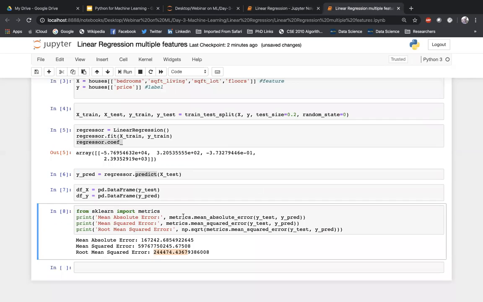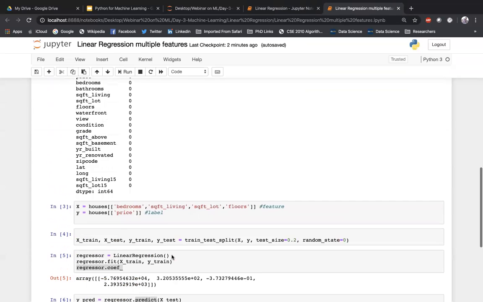So you can see that there is a drop in the mean squared error, but it is not a significant drop. That means we can still do better pre-processing on our features such that my mean squared error will be much better than what we have obtained right now.